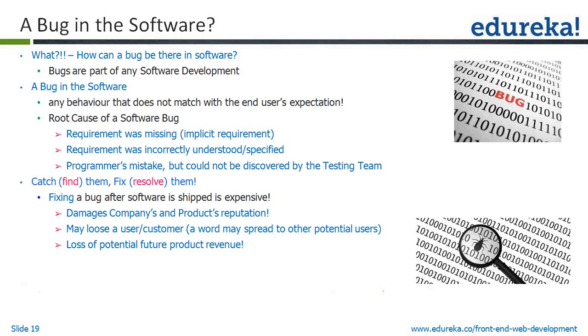So what could be a root cause of a software bug? There could be many root causes, but these are generally the main root causes. The requirement could be completely missing because it is an implicit requirement. It's understood that yes, that should have been there, and no one would ever specify that explicitly. Or